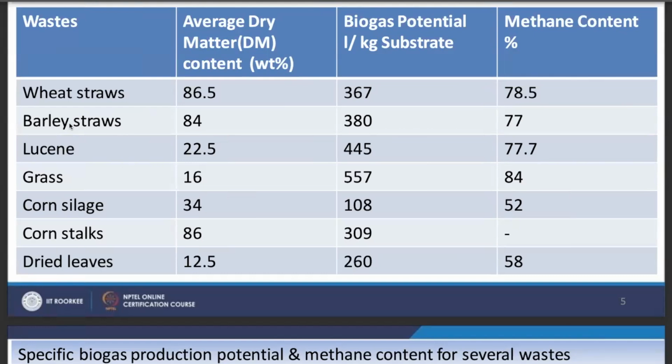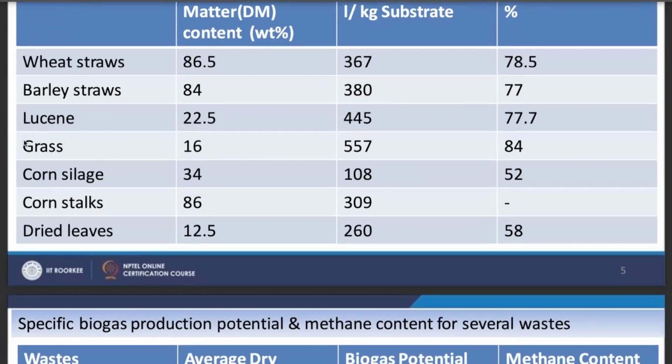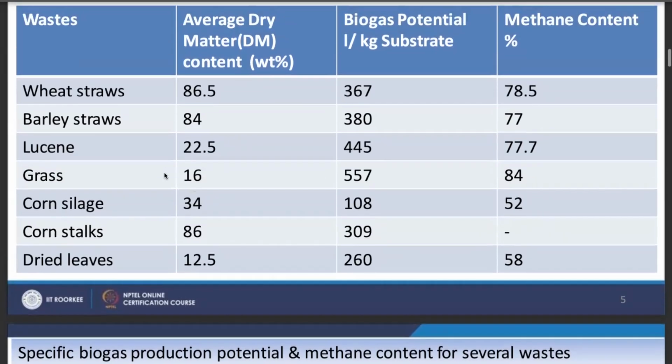So here, for example, let's take this example, which is less. For example, grass. Grass is basically 16% of weight, right? Out of the 16 percentage of solid weight, the potential for the biogas is 557 liter per kg of the substrate, and the methane content is 84%, which is comparatively very high in comparison to wheat straw. So you can decide which operation you want to perform based upon the raw material or the waste material you